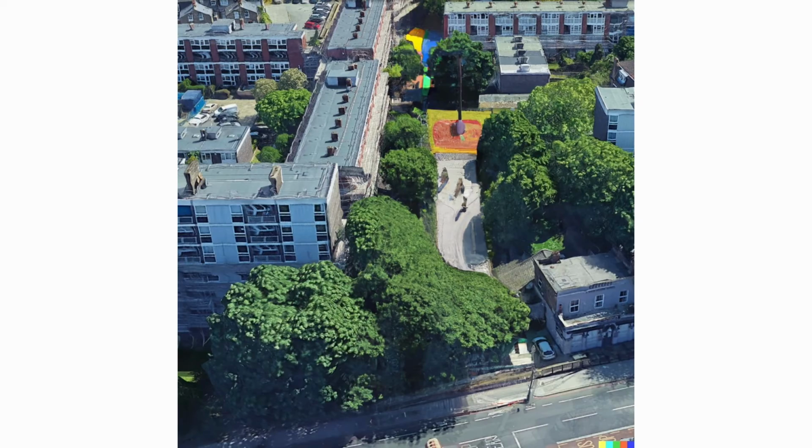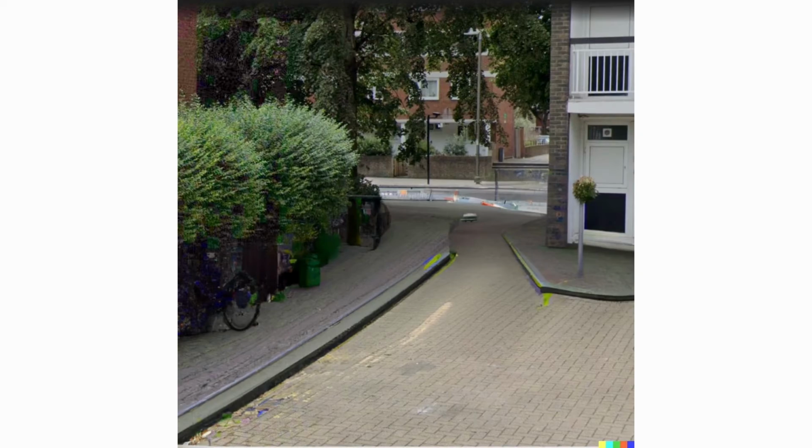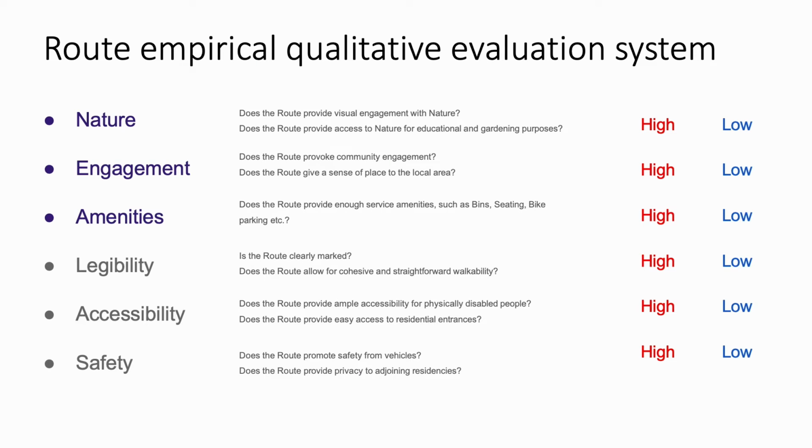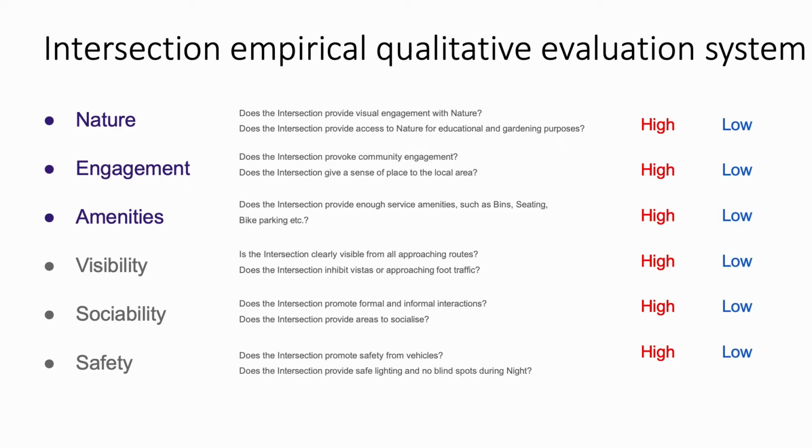The qualitative criteria system for each of the 3 areas of intervention was created, leaning on past qualitative studies, and 6 criteria for each area was decided. There were 3 common criteria of nature, engagement, and amenities, and subheadings were used to guide the identification of each of the criteria. For the route empirical system, legibility, accessibility, and safety were chosen alongside the common criteria. For the intersection empirical system, visibility, sociability, and safety were chosen, while for the plaza empirical system, flexibility, sociability, and